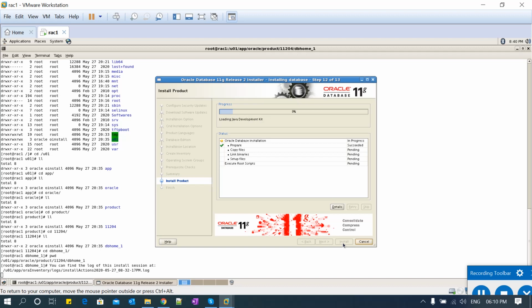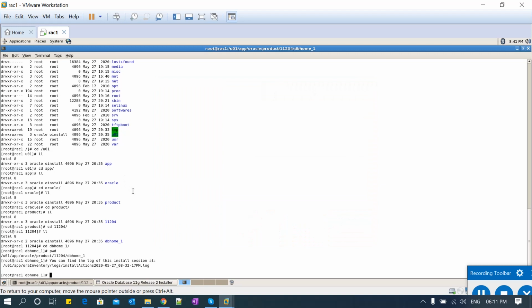We'll wait for a couple of minutes and then we'll come back. The prepare phase has passed and now it moved to copying files. It is extracting the files. Let me go to the location.